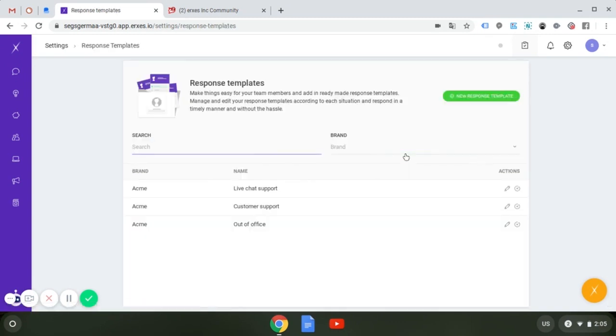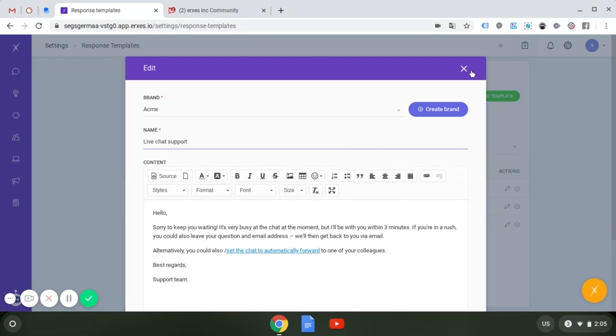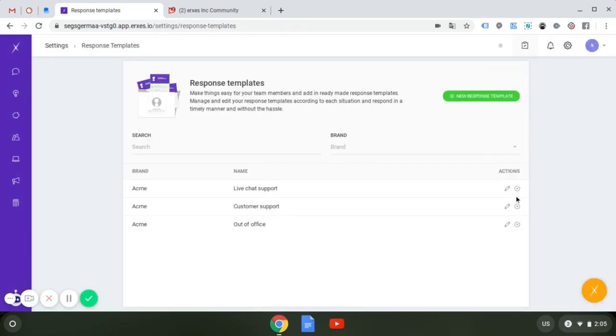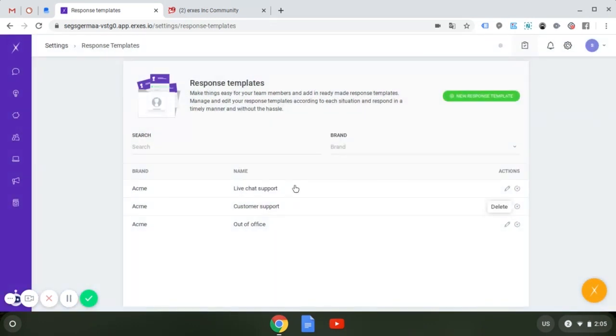Once you enter the new screen, the list on the bottom is where you can see the responsive templates you have created previously. There are samples for you to see how it would look. And you can edit or delete it by clicking the pencil or cross buttons behind each template you would like to